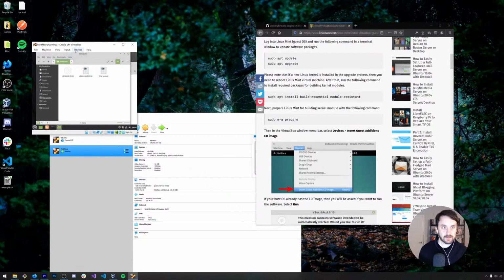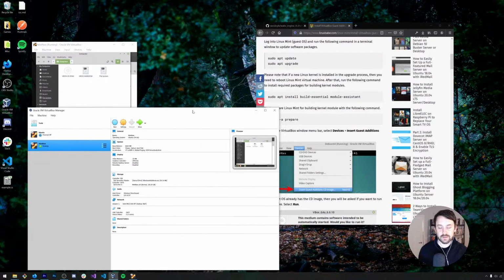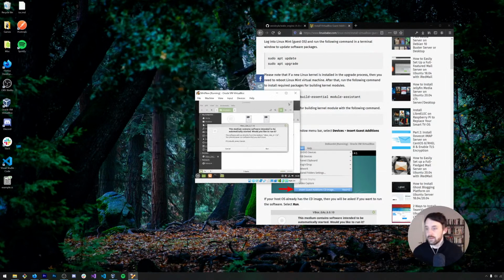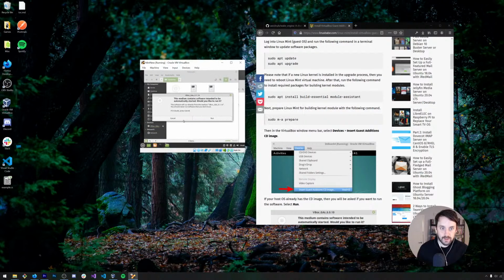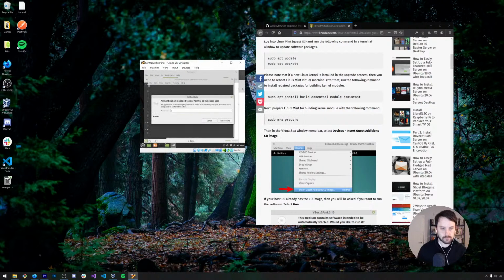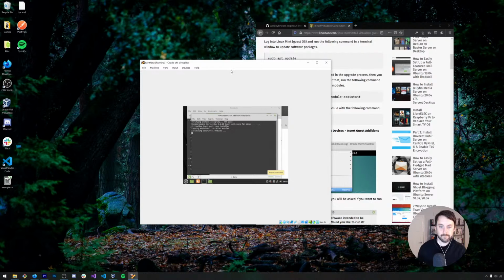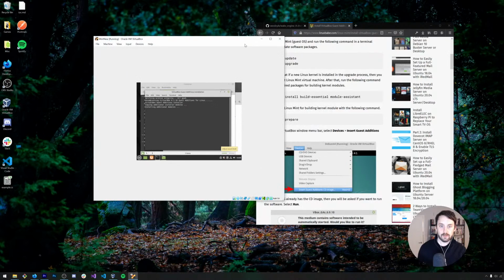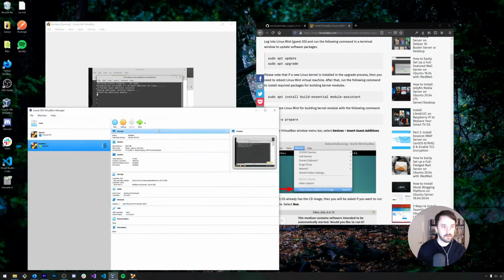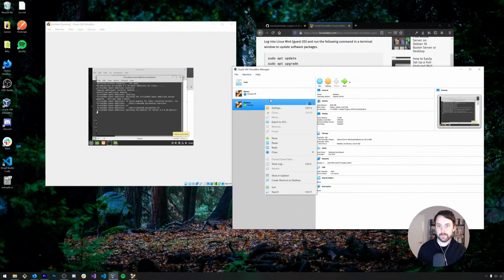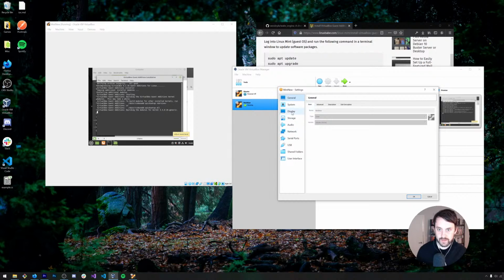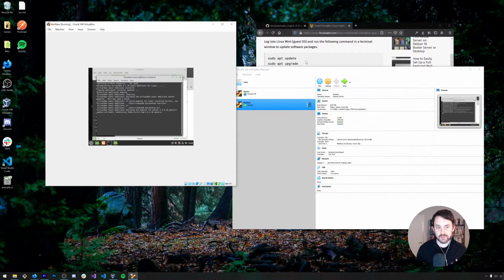Restoring the state. Devices, insert guest editions. This is going to let us actually increase the resolution so that everyone can see what we're doing here. Run. And then we will also change the display settings to bump up the video memory a bit as well once this is all finished.